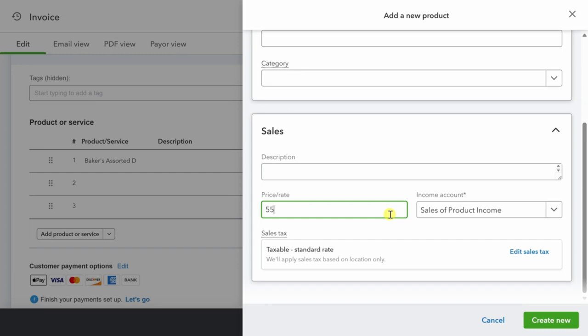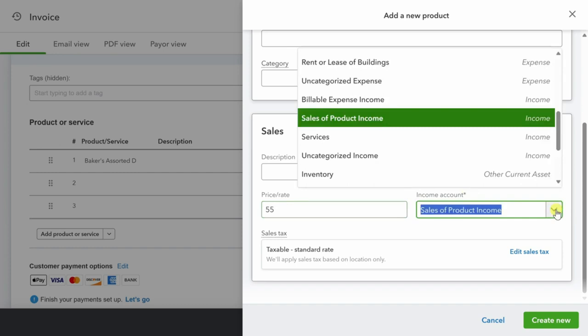Now, we charge a lot for apple fritters, but people sure seem to love them, okay? So next, in the income account, remember back to when we were categorizing our transactions and we had a list of categories to look through. This is the same list. So now I can say that anytime someone pays for a set of apple fritters, it goes into the sales